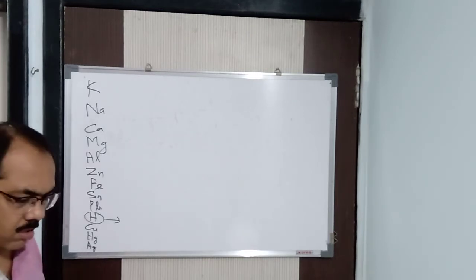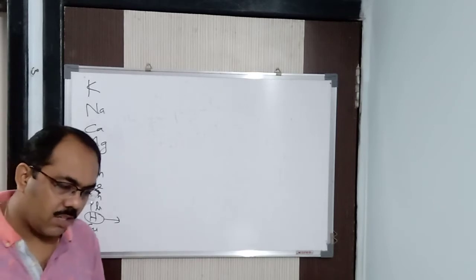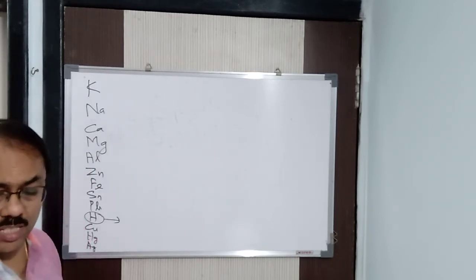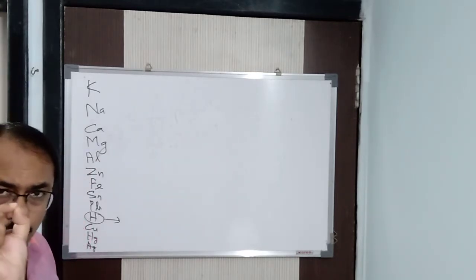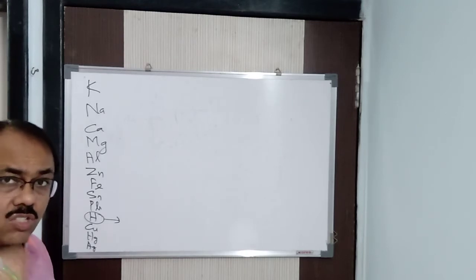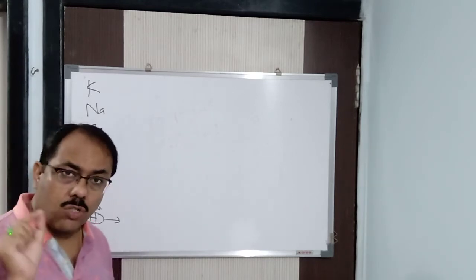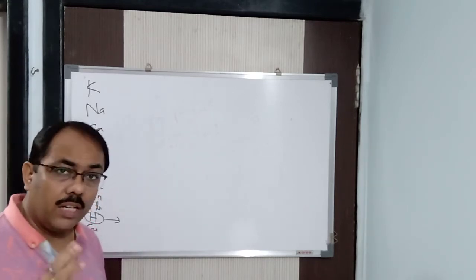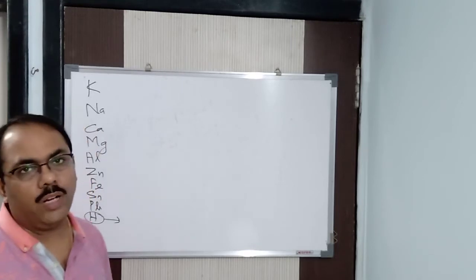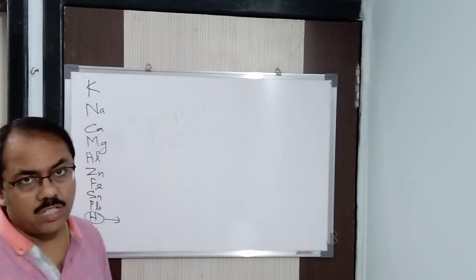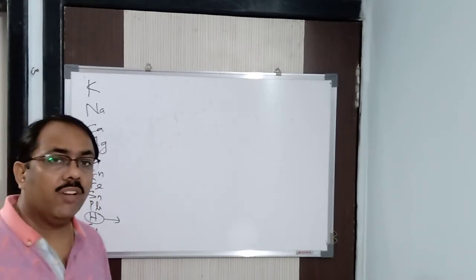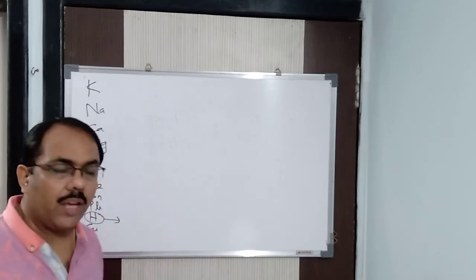So when you put sodium and potassium into water, let us say a small piece of potassium or sodium, you will cut it, because sodium and potassium are very soft. Even if it is a metal, it is so soft that it can be cut with a knife. So we'll cut a small piece of sodium and potassium and put it into water. It will give a highly exothermic reaction.